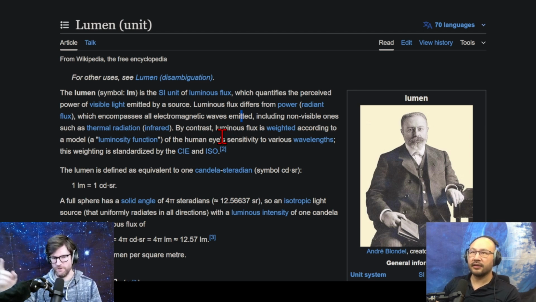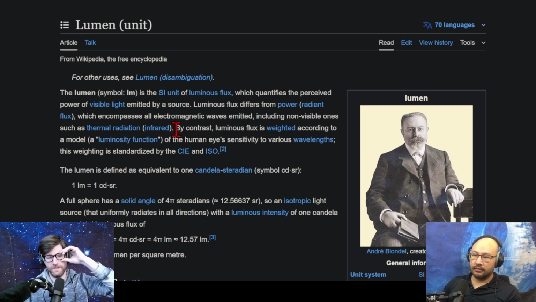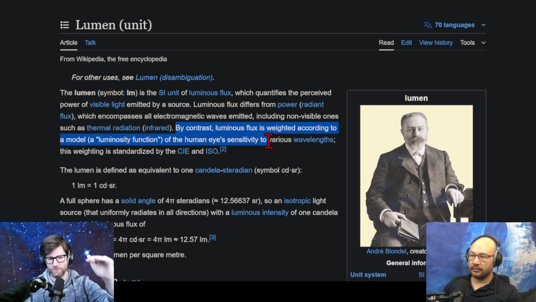Then the luminous flux is zero because it's dark, but the radiant flux is non-zero because that hot thing is emitting a lot of IR. It is radiating. It's just in the infrared, which my human eye can't see. Okay, so I'm super happy with the lumen in that it's a radiant flux, which is power per area,